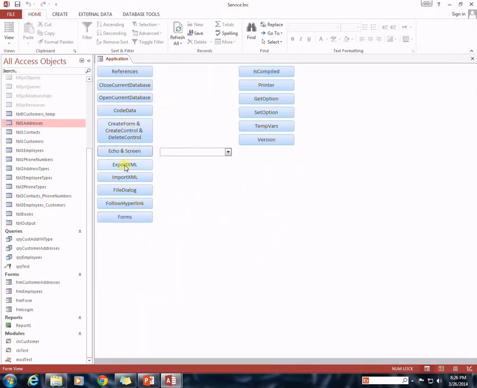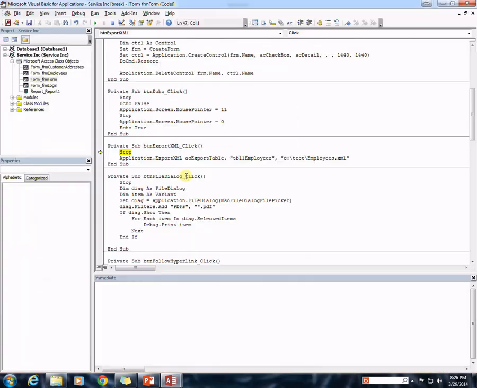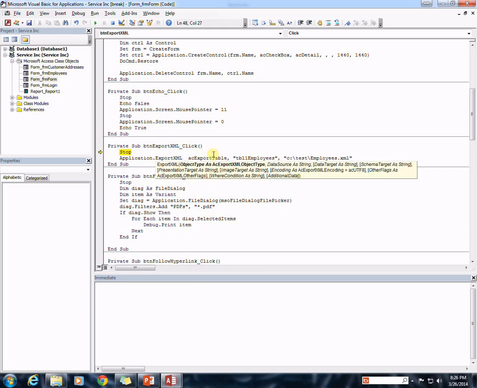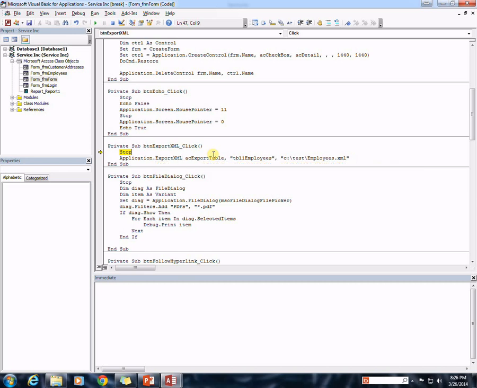Next up, we have export XML and import XML, and these two things go hand in hand. I'm going to go ahead and do an export of XML, which again, we just start with the application object and drill down, saying export XML. I'm going to export a table, and this is a value that we have called an enumerable, and I've put in the enumerable of acExportTable. Then I'm specifying a table name to export, and I'm setting a file name that I want to export the table to. And if I do that,